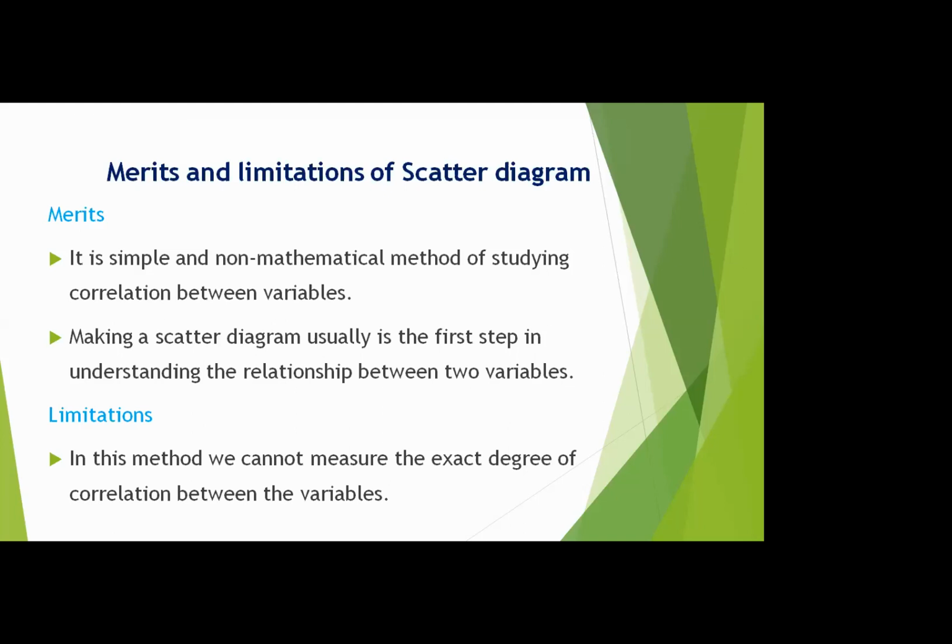And the limitation is, as we mentioned earlier, that while reporting a correlation, we should state the direction and degree of the relationship between two variables. Here we can say the direction of the relationship, whether it is positive, negative or zero. But the amount of change between the two variables is not reported in the scatter plot. We can just observe what kind of relation exists, and we don't have the exact R value here. So we can say that is a limitation of the scatter diagram.